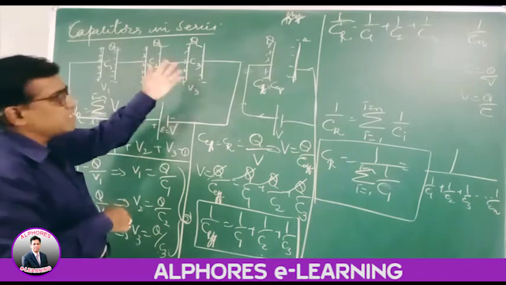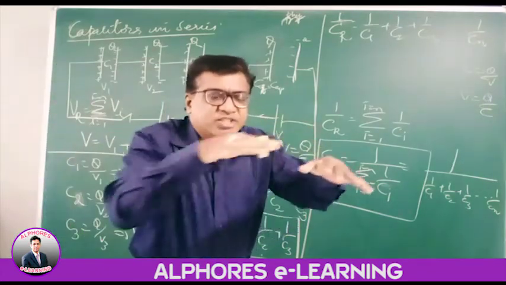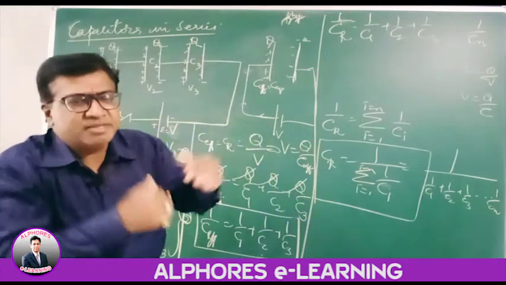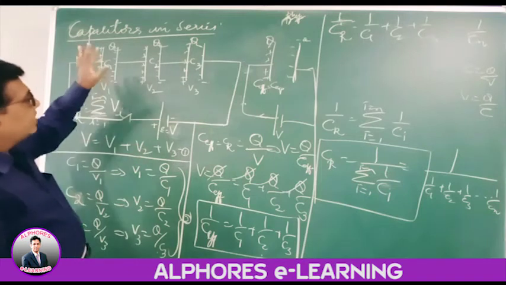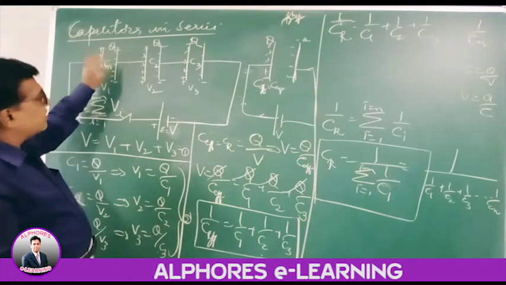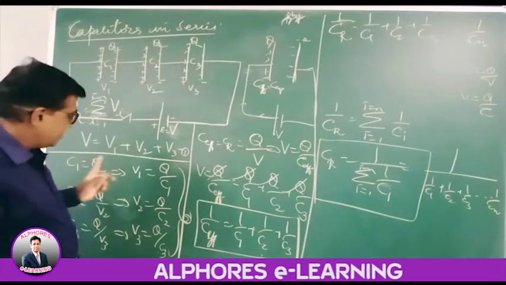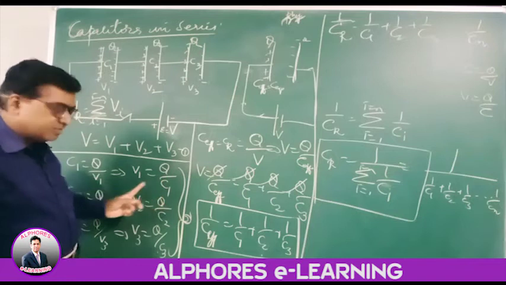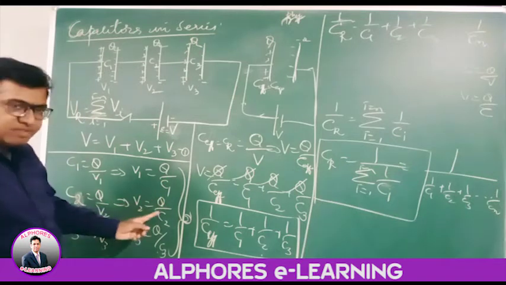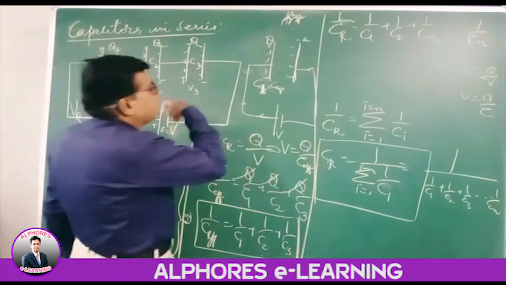Different capacitors will have different potentials because of the capacity difference; it is the same amount of charge you are placing in them, so the levels will be different. The total potential is the algebraic sum. Now, for the individual capacitors C1, C2, C3, let the charge be Q and the potentials V1, V2, V3. By definition, C1 is Q by V1, so V1 is Q by C1. C2 is Q by V2, so V2 is Q by C2. Similarly V3. Now I have to find the effective capacitance.